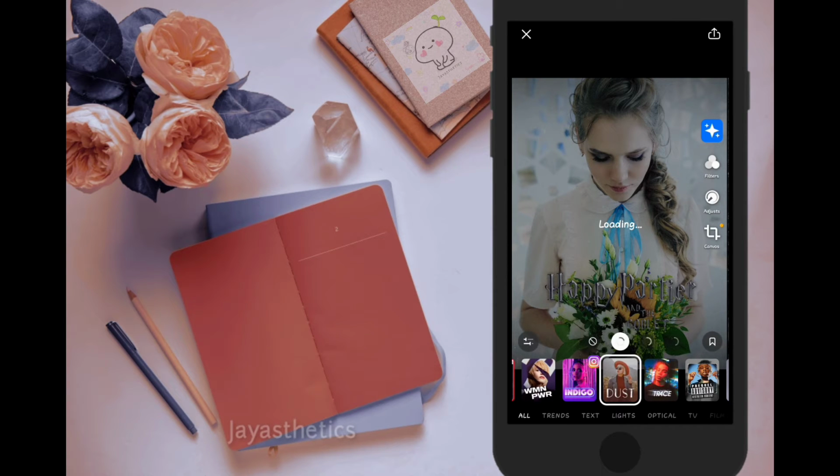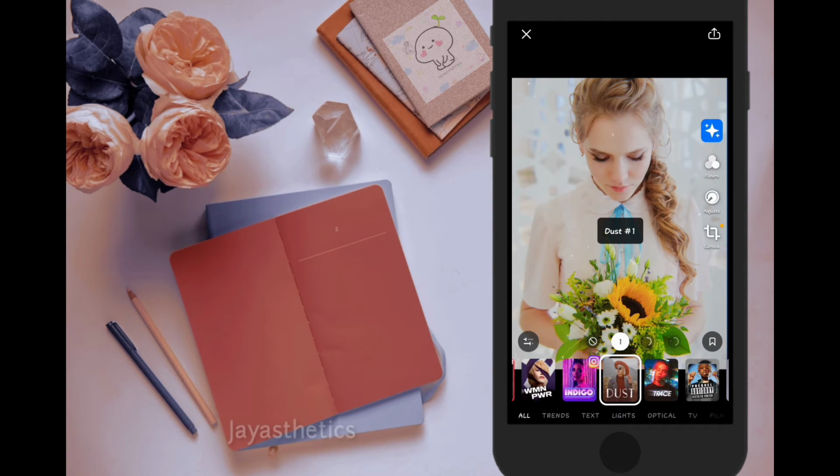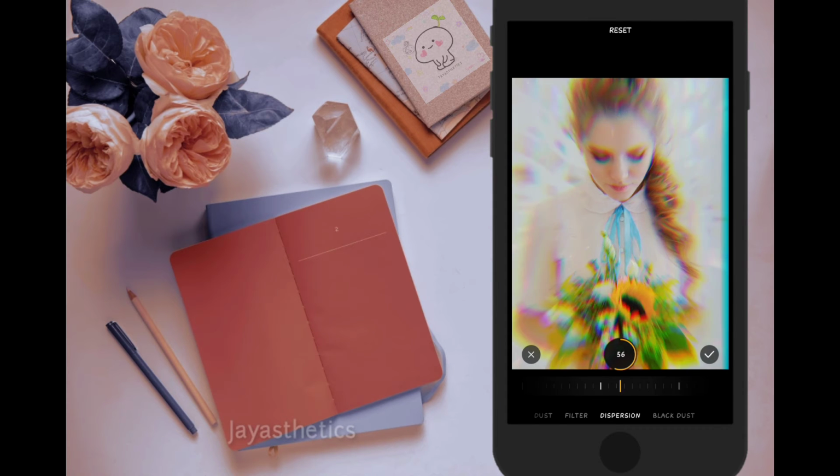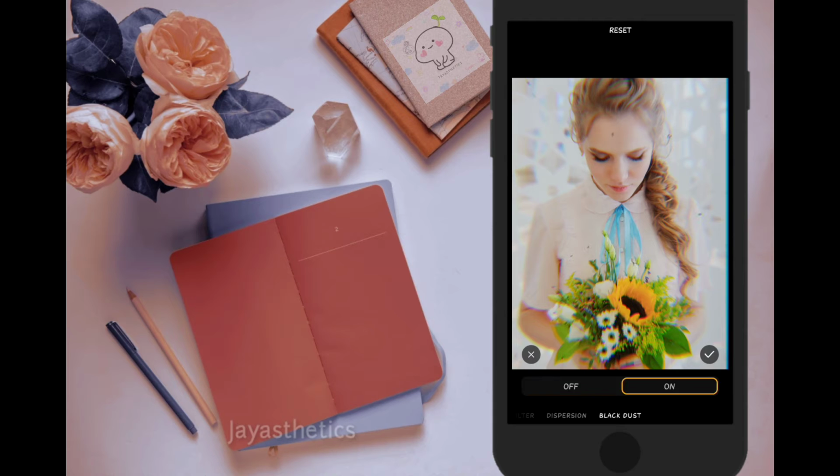There are lots of filters in this, like dust. In retro there are chroma, leaks and many other glitches and effects which look really appealing for the viewers. You just need to adjust all these properly.